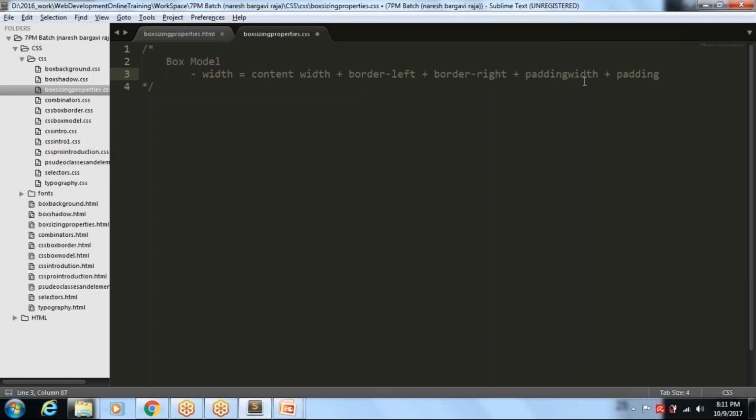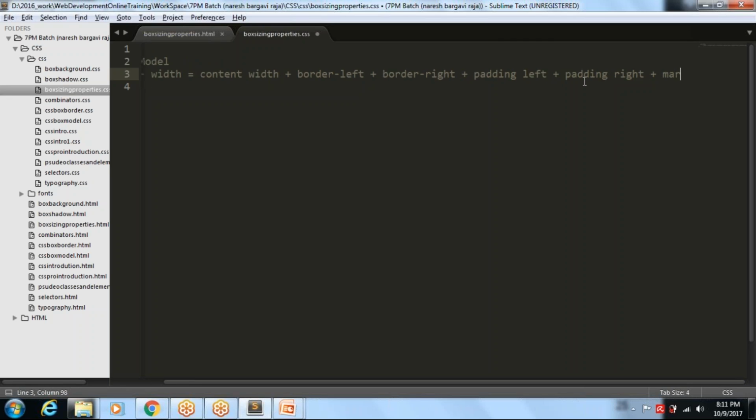Padding left, padding right, margin left, margin right. You need to add all these things in order to calculate the width of the